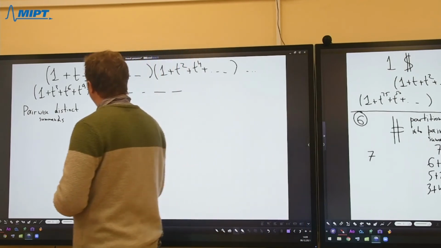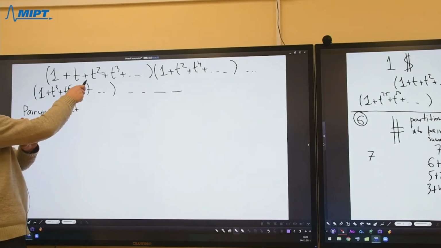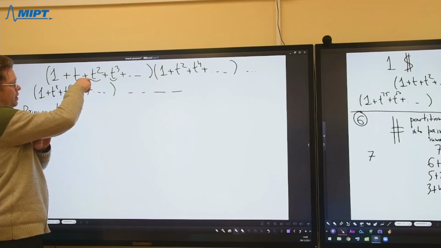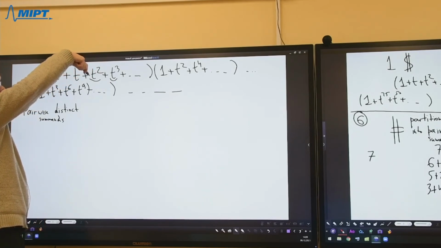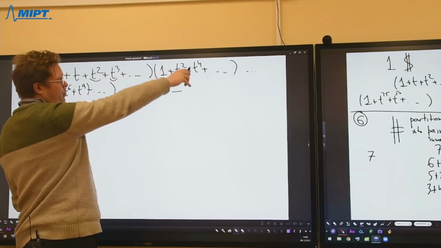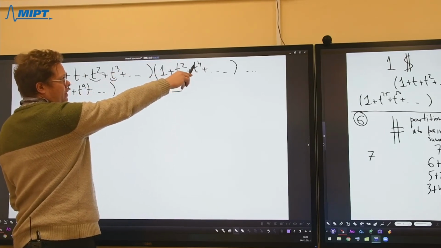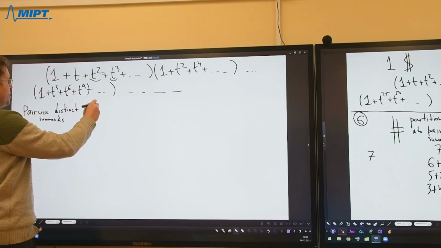So if you remember the definition, you can see what that means. We have the same summands. If we take more than one summand from a bracket, it means that we take t cubed, t squared, t cubed, and so on. It means that we take the summand 1 time, 2 times, 3 times, and so on. And the same holds for every bracket. So this bracket for 2 means that we take 2 times 2, and so on. So if we take pairwise distinct, we need to